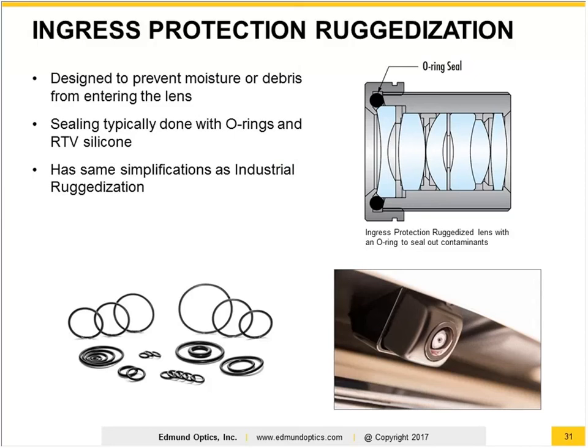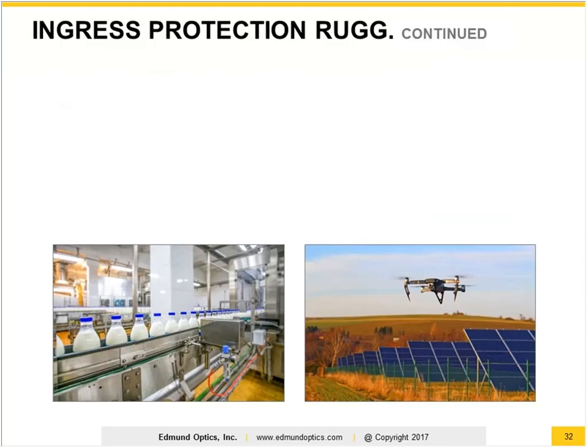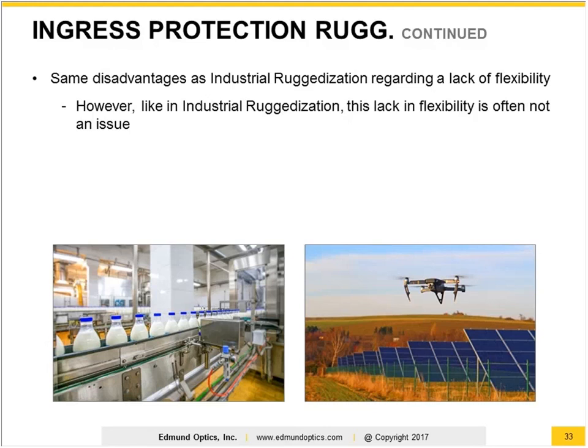Again, it has the same set of simplifications as the industrial ruggedized lenses, so we have similar disadvantages to it. But in many cases, those things kind of go away a little bit. While those disadvantages are there regarding the lack of flexibility, often it's not an issue because these are going into higher volume application environments. If you're going to start with a lens at the simple level, the off-the-shelf design, work your way through it, and then lock these in later with all the specifics that you need, you can usually get around those issues. As you can see here, in applications where you're going to be in food and bev, where it's going to be washed down, this can come up, or with the proliferation of autonomous vehicles and drones, things like this